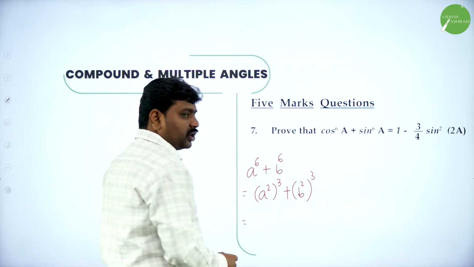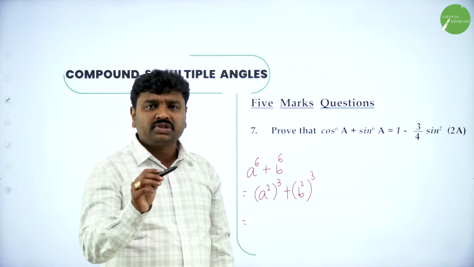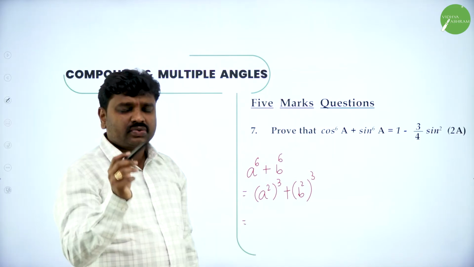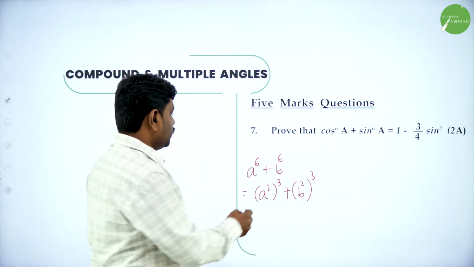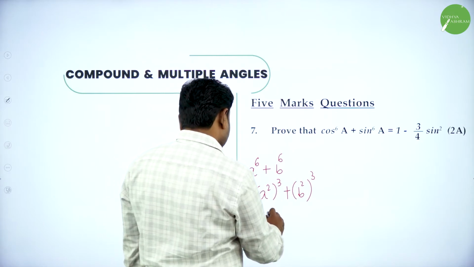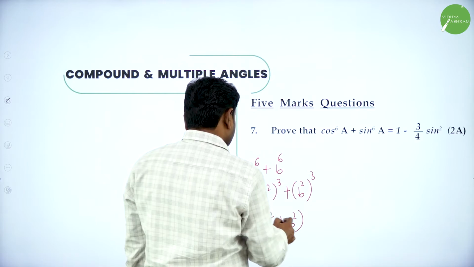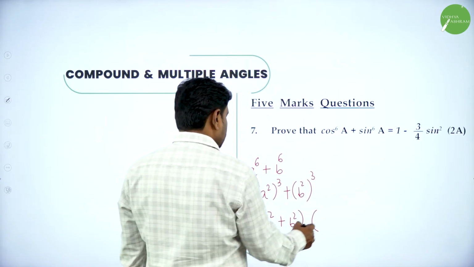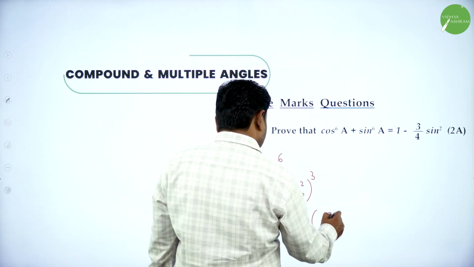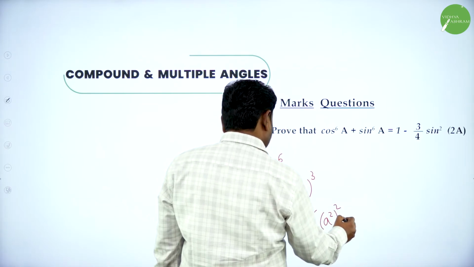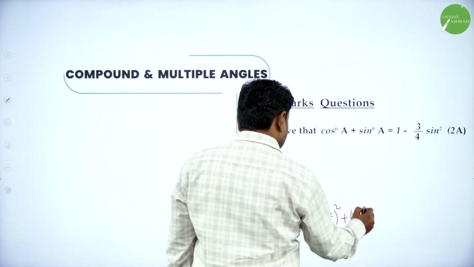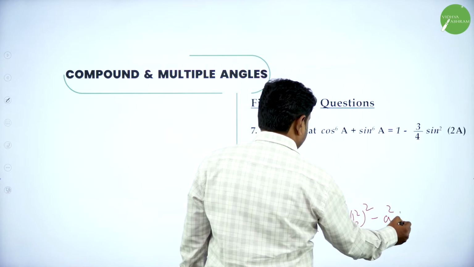Further, a cube plus b cube. What is a cube plus b cube? A cube plus b cube is (a plus b) into (a square plus b square minus ab). So now a cube plus b cube is there. I'll write it as a plus b, where a means a square, b means b square, into